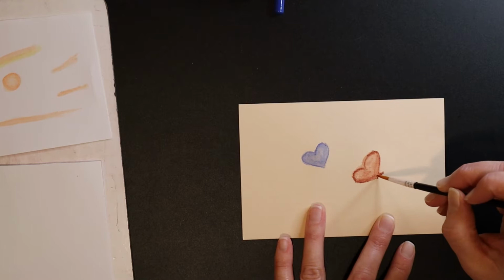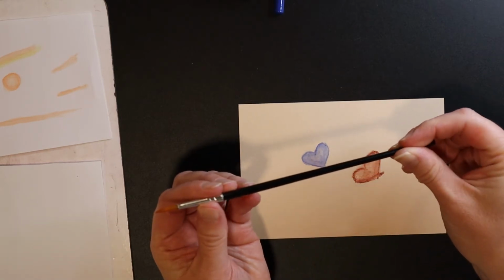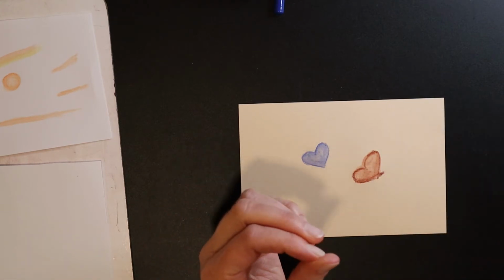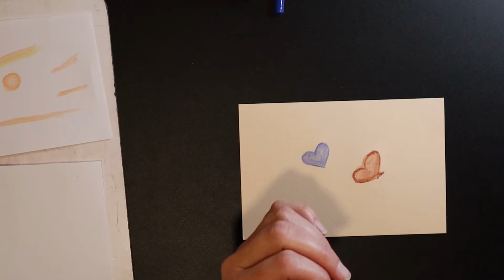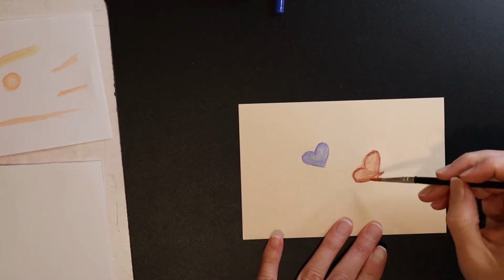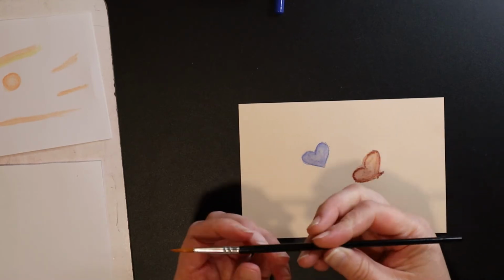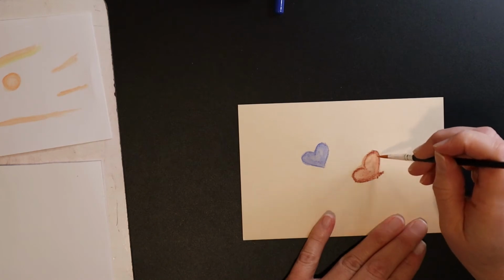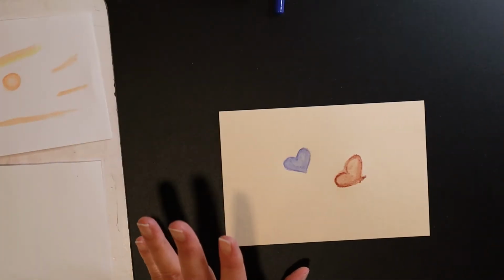That's okay though. And this brush, if you guys are wondering, I have no idea. It's one of these random brushes I got. I think I got it at Michael's. I can't remember the brand of it. But it's a really good brush. It has no brand on it. I don't know why I keep buying supplies. They either have no names on them or...